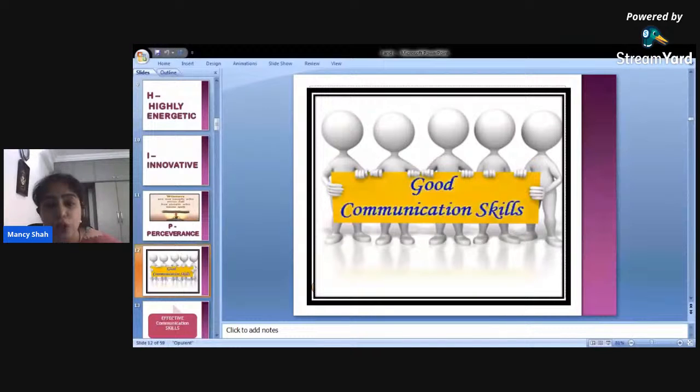That means it is very important. Don't you think so, my dear friends? Yes. So before we get on to the other part, I would like to tell you a few fundamentals. Like, for example, you have rules for every game. Yes or no? You have rules, right from cricket to hockey to kabaddi. So before playing any game, you would definitely like to know and learn the rules, right?